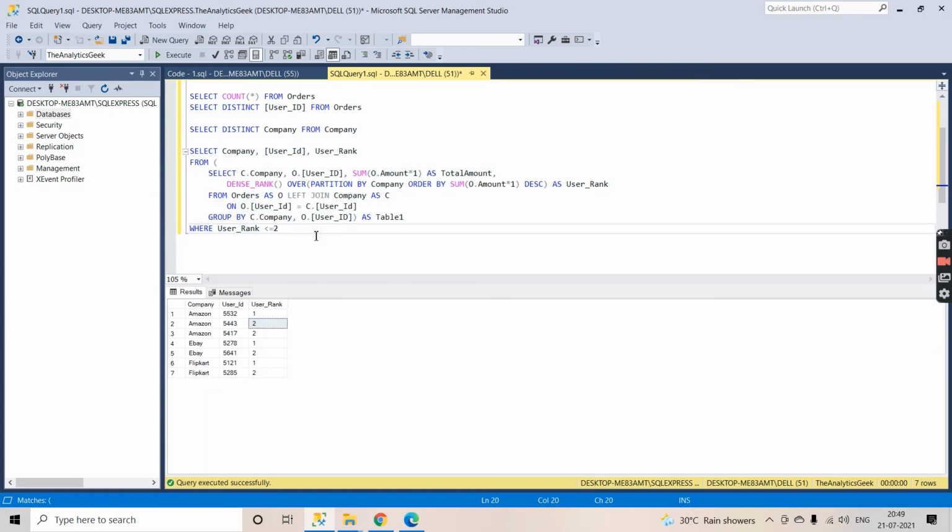The new thing that we have learned here is that we can use an aggregate function inside the over clause. If we would not have used it like this, then we would have created two inner queries, two derived tables. You can try it out on your own